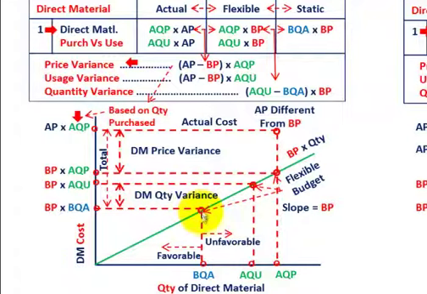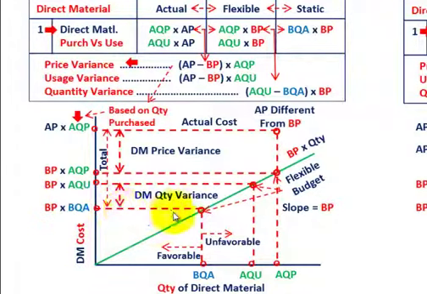So working off that flexible budgeted line, it really has three different points here. That was the budgeted quantity allowed for the period, the actual quantity used, and then the actual quantity purchased. So tracking those over to our costing line here,